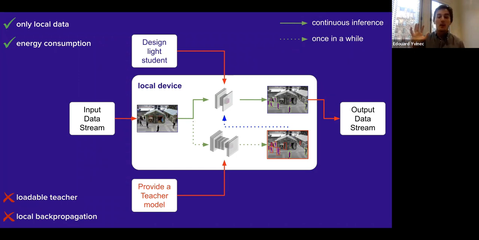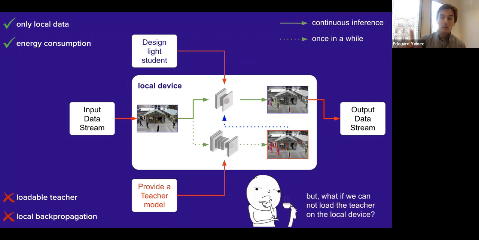The big question would be, okay, but how do I select which examples to train on? How do I make sure that I become specific to the context, but I don't become too specific to the few examples I've seen? This is very challenging, and at Datakalab we add some layers of continual learning to avoid catastrophic forgetting. We add some layers of dataset pruning to select the good examples to train with. There is a lot of engineering behind that blue arrow. I will not have the time to go into the details, but if you have any question about this, feel free to ask them and to contact us about this.